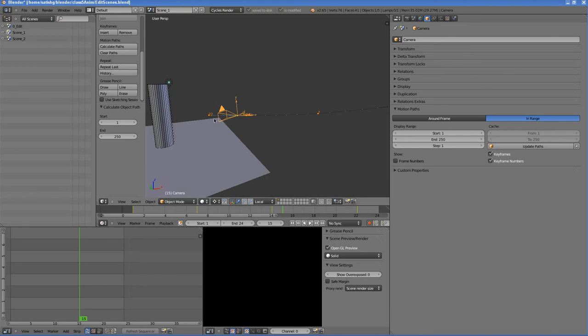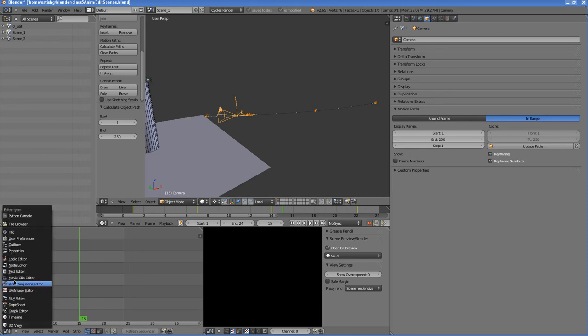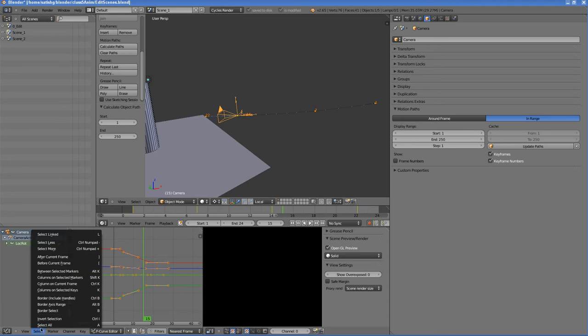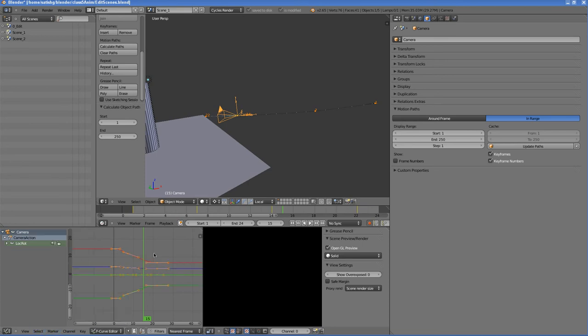It was like this. First let me remove the camera motion. For that I'll switch to the graph editor and select all the keys. I'm using the A key to toggle selection, and then just delete them.